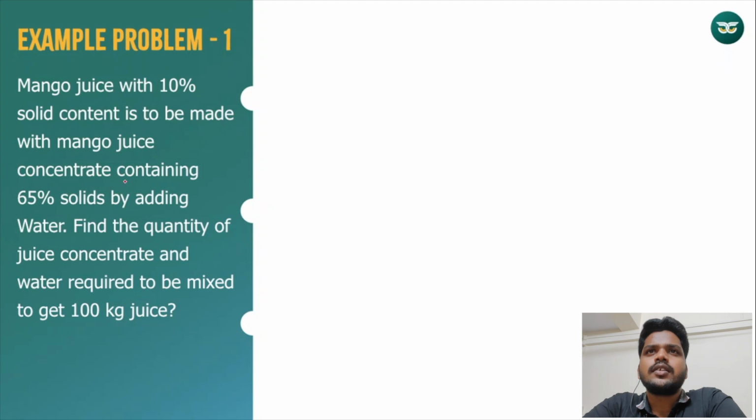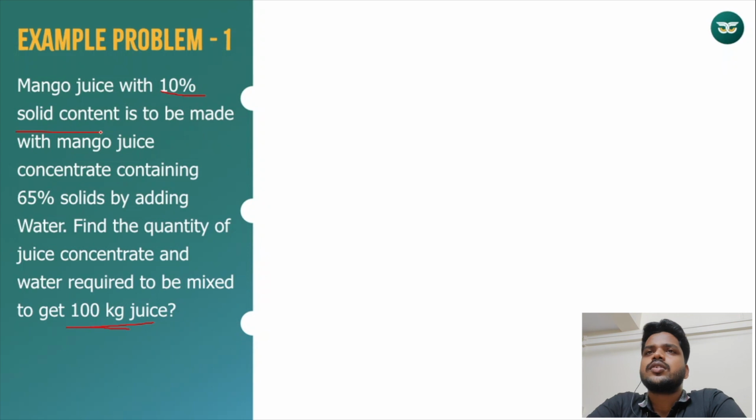Mango juice concentrate containing 65% solid is given, and we can add water to dilute it and make mango juice with 10% solid content. We have to make 100 kg of juice, and there is no restriction on how much of each we use. Finally it should be 100 kg juice of 10% solid content.